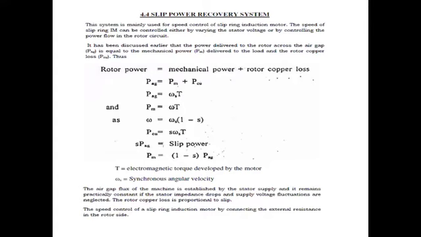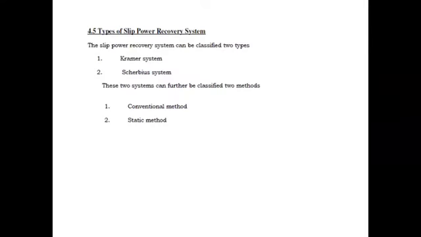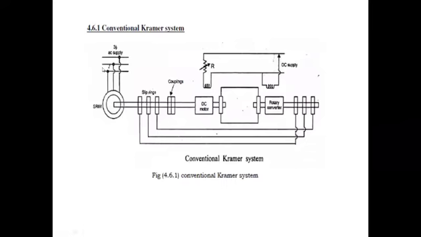the power flow. The air gap flux of the machine is established by the stator supply and it remains practically constant of stator impedance drops. The supply voltage fluctuations are neglected. The efficiency is also reduced. The slip power from the rotor circuit can be recovered and fed back to the AC source, so as to utilize it outside the motor. Thus the overall efficiency of the drive system can be increased.